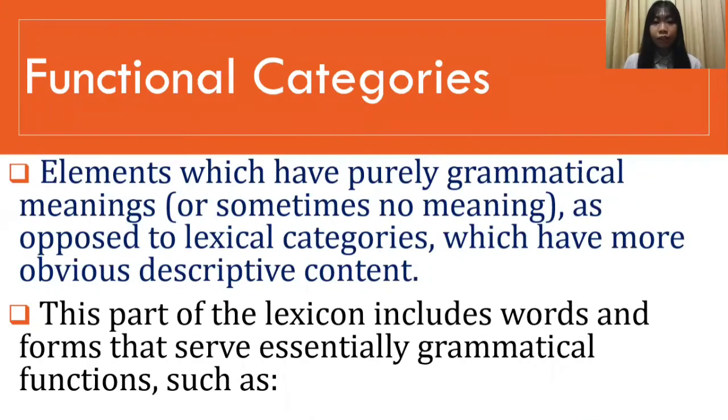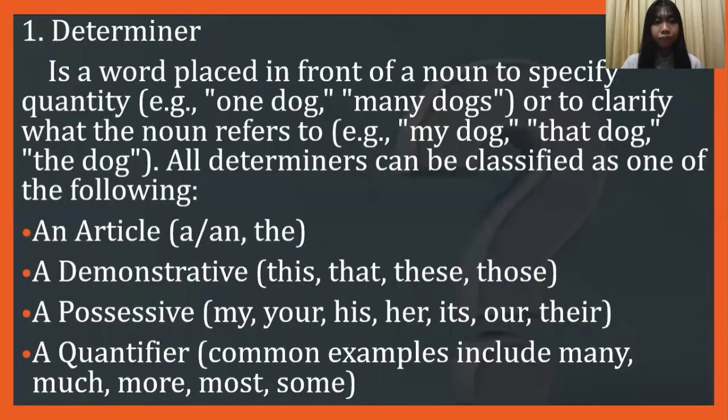Third, we have functional categories. Functional categories is an element which have a purely grammatical meanings or sometimes no meaning, as opposed to lexical categories which have more obvious descriptive content. This part of lexicon includes words and forms that serve essentially grammatical functions, such as